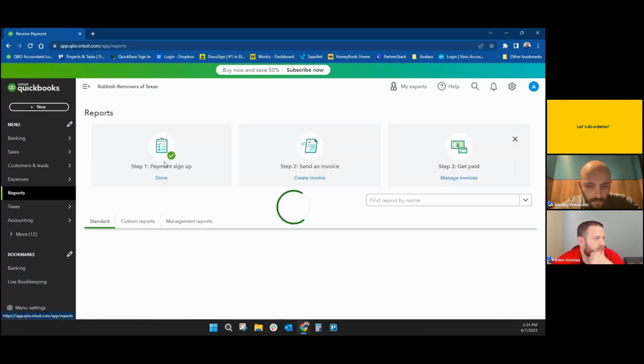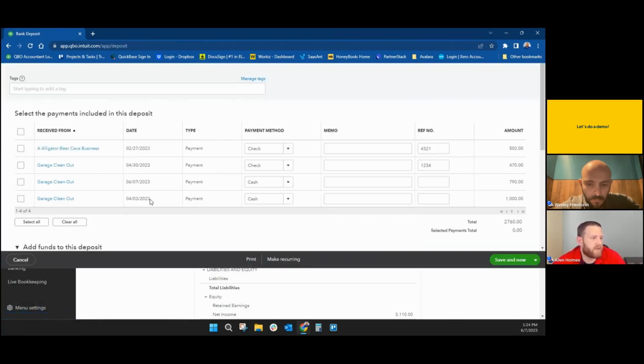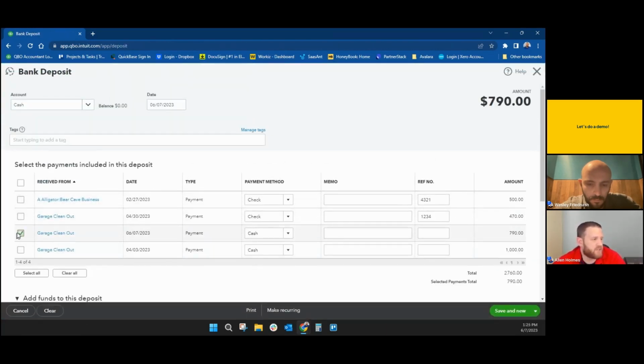And the reason why is that the workflow in QuickBooks is accounts receivable. When we send out an invoice, we receive payment on that invoice. It moves the money from accounts receivable to payments to deposit, or undeposited funds, whatever your accountant has called it. And from there, to move it into our checking account, we have to make a deposit, which is plus new bank deposit. We have to find the transaction or a series of transactions. If it was a bulk deposit, come up with that amount and plug it in. Once we've done all that,